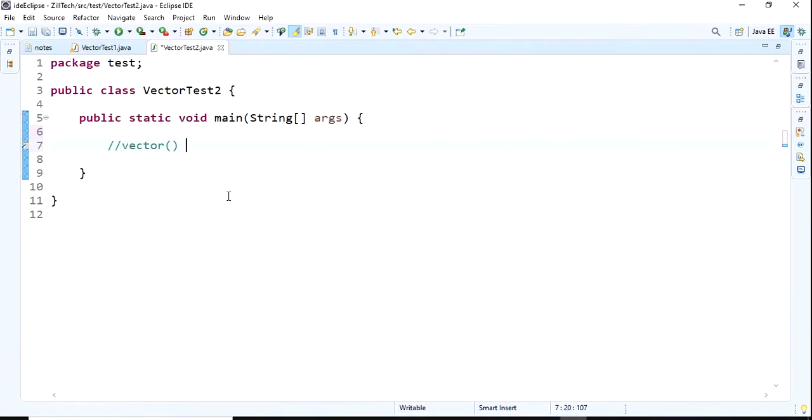Okay, this is about vector. I will create the vector object first.